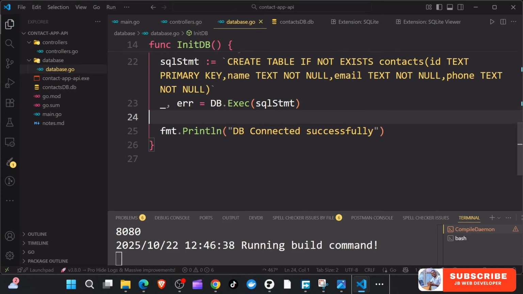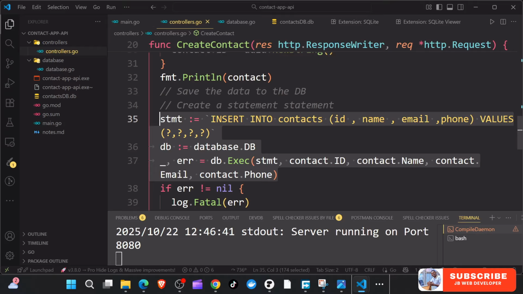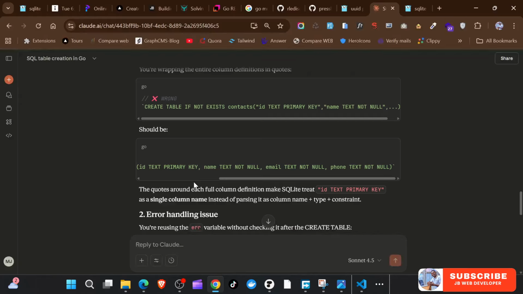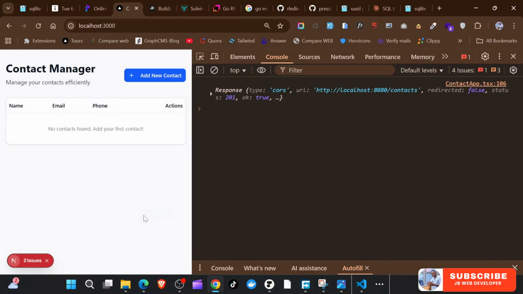We don't need that second statement. I can just go ahead and remove this, and we remain with the one of creating the table, since it will only create it once. So if you go back in, this should now be okay. Let's go to our front end, clear all this, finally run this, and it says